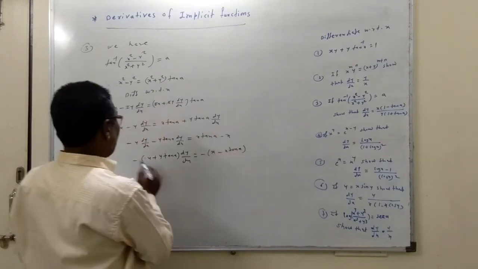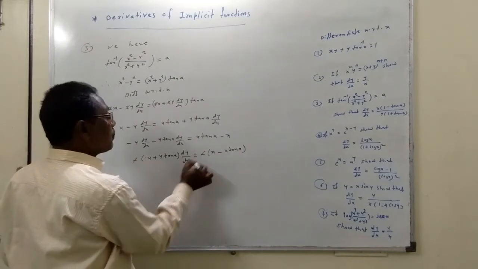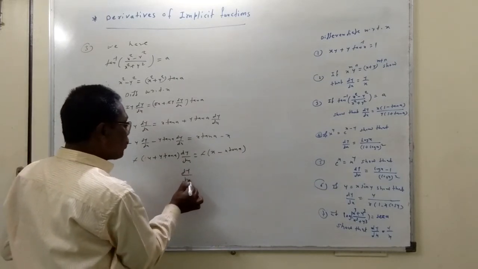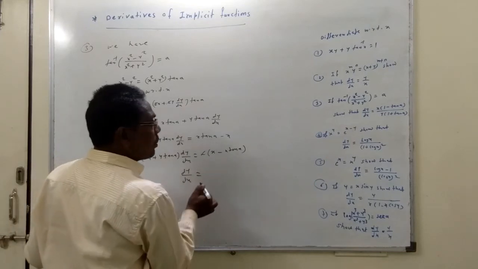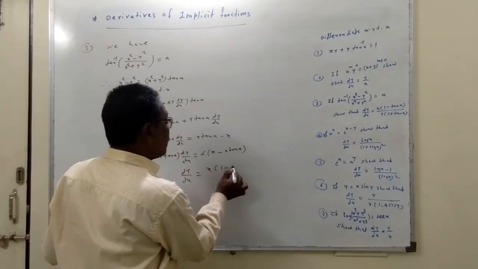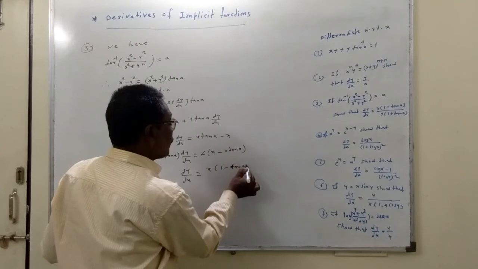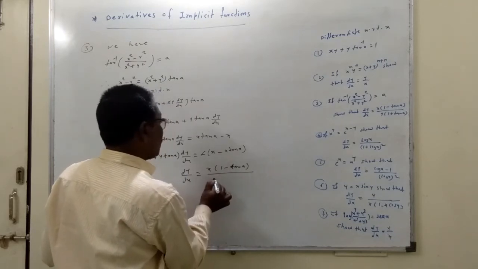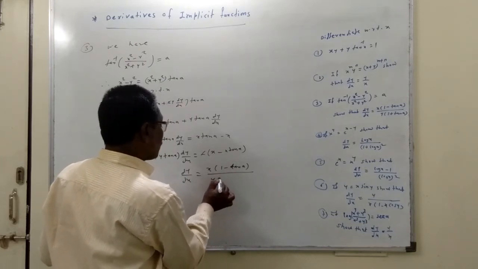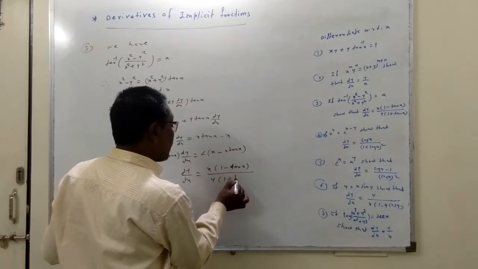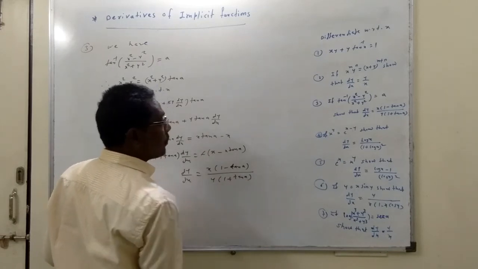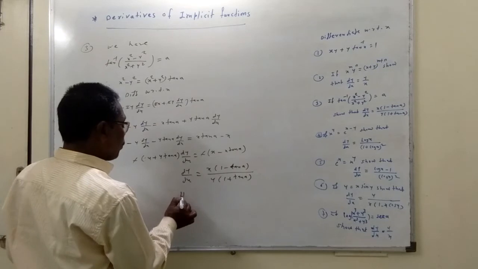Now minus minus becomes plus, and dy by dx is equal to, we can write x common, we take outside (1 minus tan A), divided by y common, we take outside (1 plus tan A). That is the result. Hence,